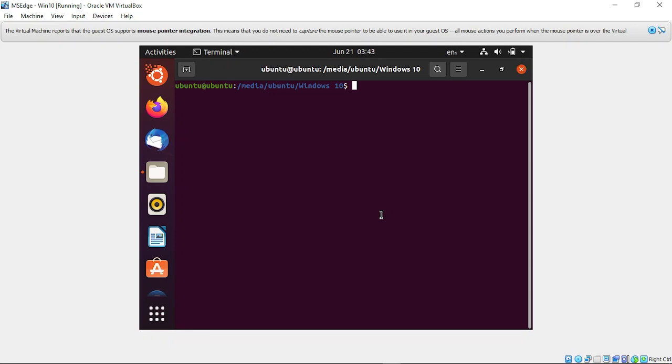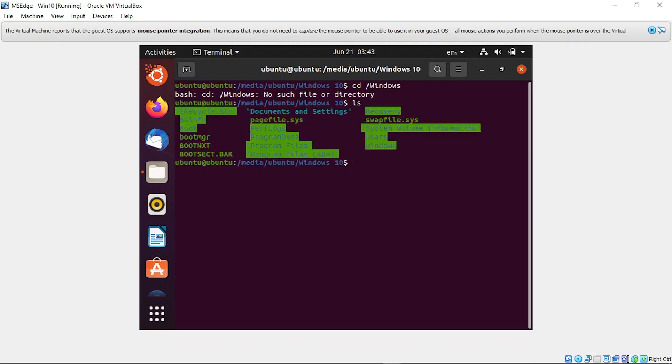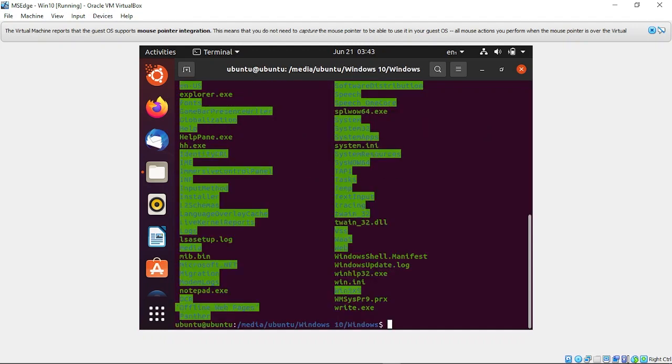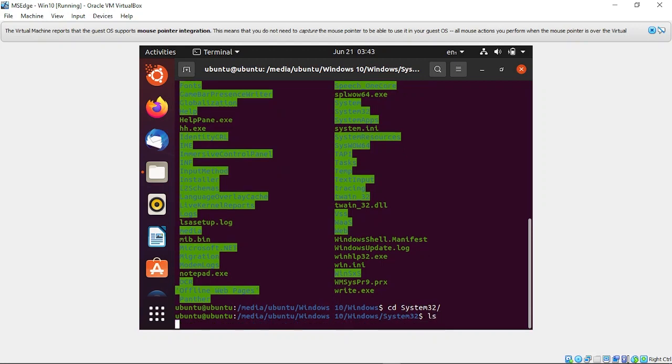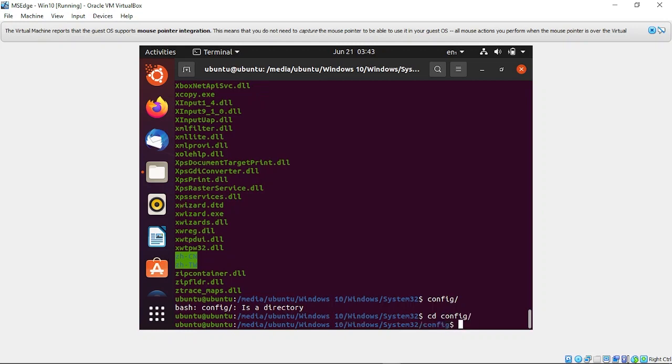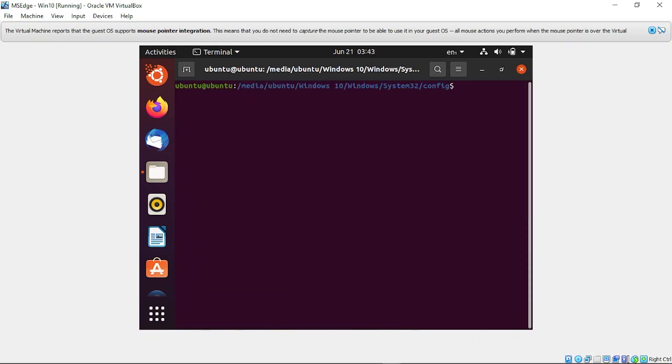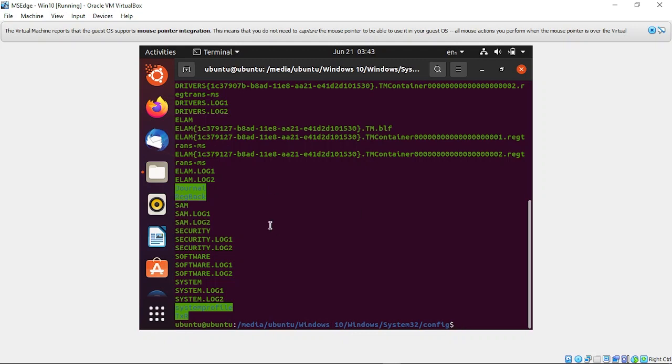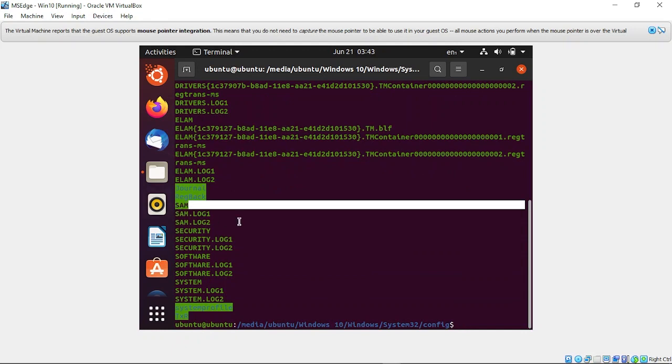For that you have to first get into Windows, then cd System32, and then cd config. If you click on ls, this is the file that we are going to hack into.